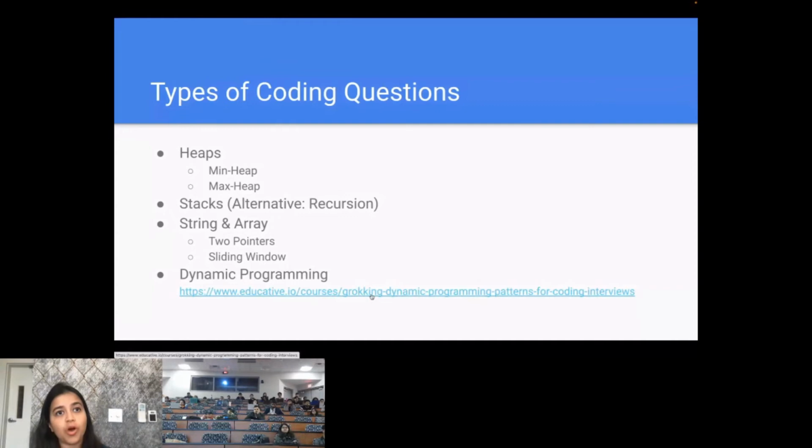Also, with dynamic programming, you need not always come up with a mathematical equation. Like I said before, you can use DFS with memoization, and you can solve a DP question that way, because memoization is basically another way of saying that you are storing the previous values. So try to go through this course, it has been really helpful. But don't be too scared of DP problems. Maybe you won't come across it, but it's always better to go prepared for an interview.